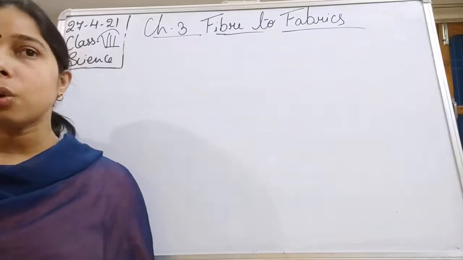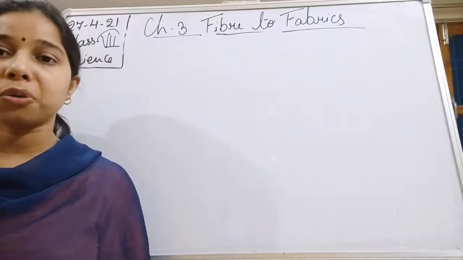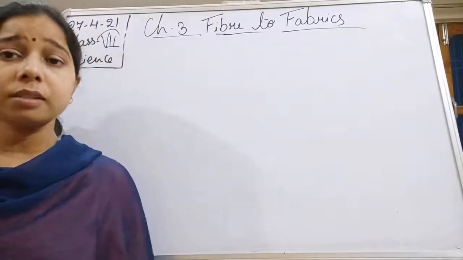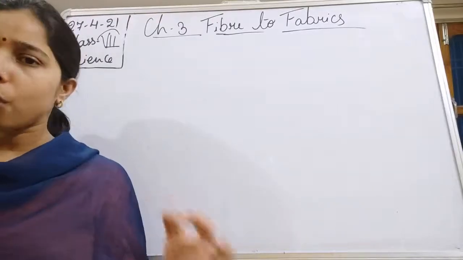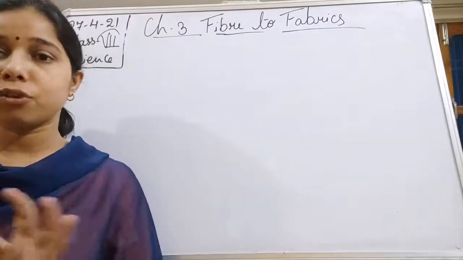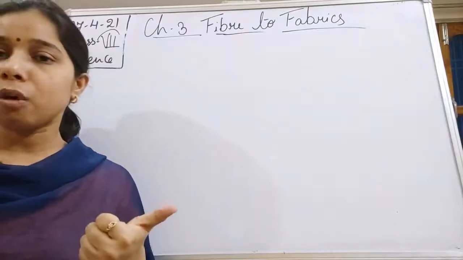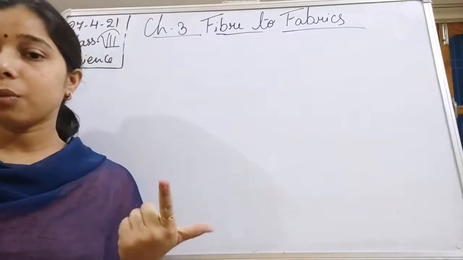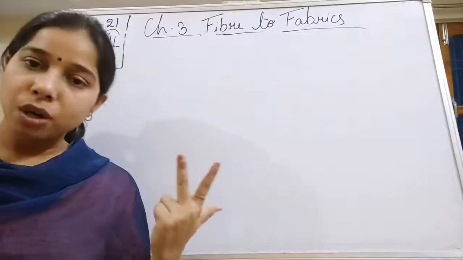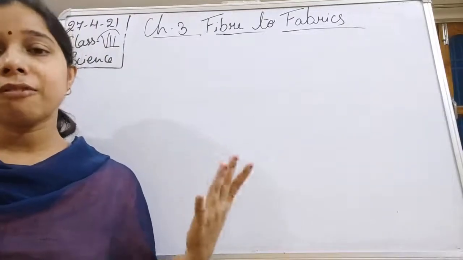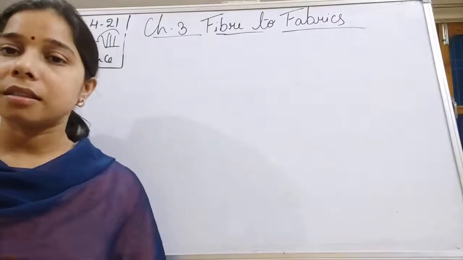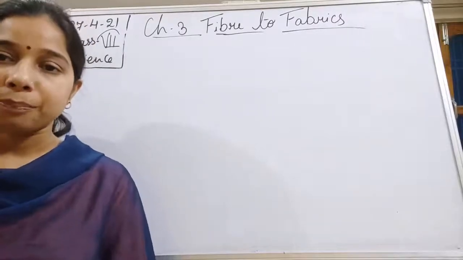Second thing, these organisms provide wool. It should undergo different processes in order to get a correct wool, so that we can make woolen cloth from it. For that, there are different steps that we should follow. The first one is shearing. Second one is scouring. Third one is sorting. Fourth one is dyeing. Fifth one is combing. And sixth one is spinning.